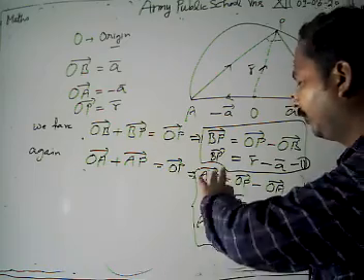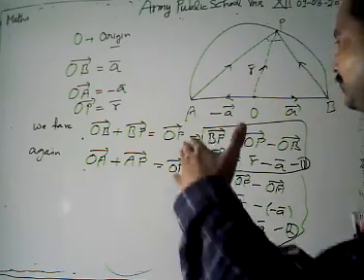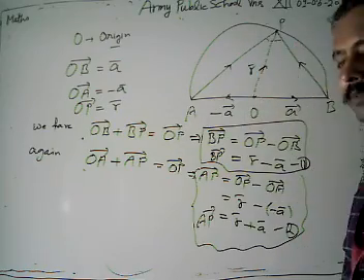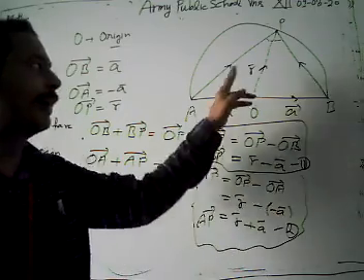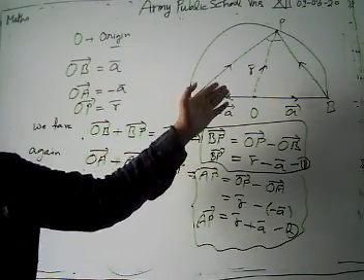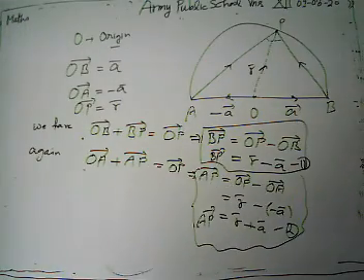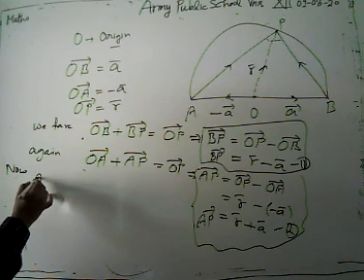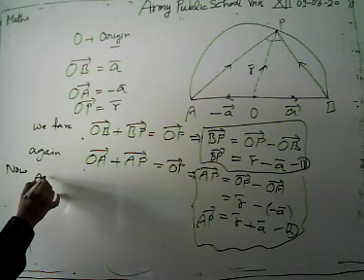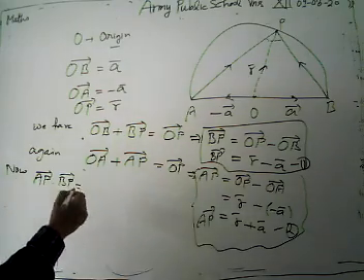Now look, we have to show here that this angle P is a right angle, meaning our AP and PB, we have to show that AP and BP are perpendicular to each other. How can we show it? By vector method. If the dot product of AP and PB is 0, then they are perpendicular. Now what do we do? We are going to take the dot product of AP dot BP.